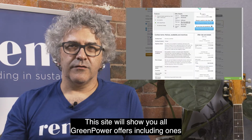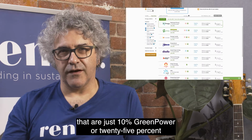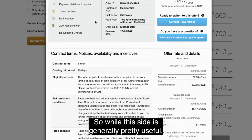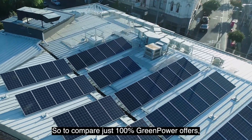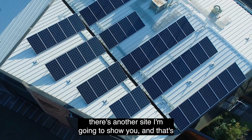This site will show you all Greenpower offers, including ones that are just 10% Greenpower or 25%, and not necessarily 100% Greenpower. You can click into each offer to see the details. So while this site is generally pretty useful, it's not so easy to compare the different 100% Greenpower offers side by side. So to compare just 100% Greenpower offers, there's another site I'm going to show you, and that's Whatever